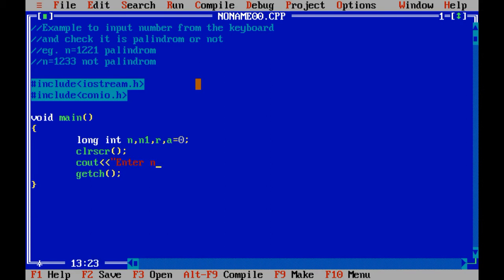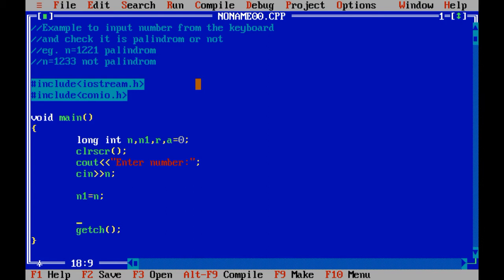Now let me input a number to check. So enter number, cin variable n, n1 equals to n. We have performed these things, right? So the old value we are going to store in the new variable. This code we have already written in the Armstrong program also, right?